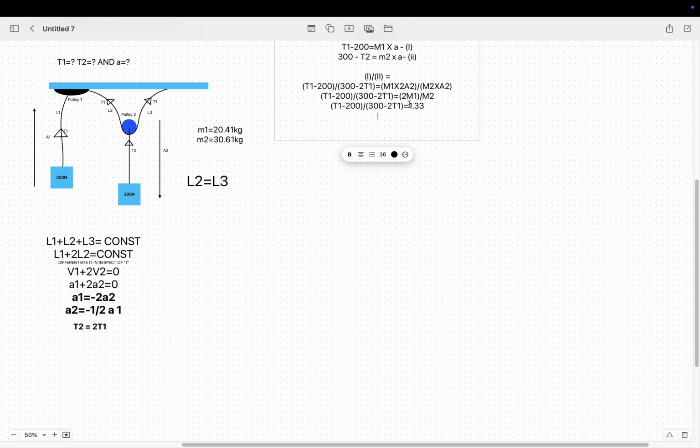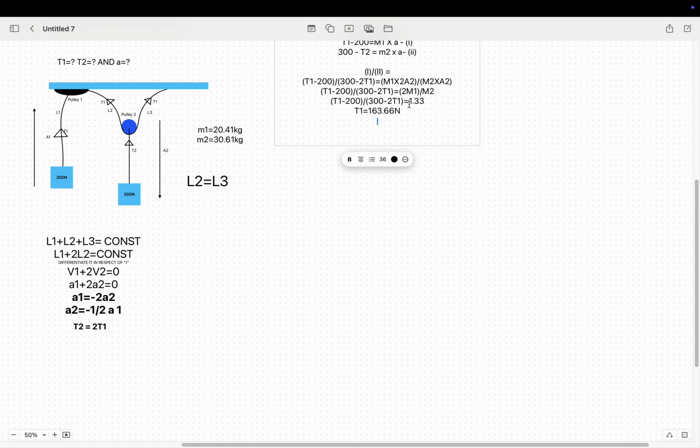Then there's only one variable, which is T1, so it's easy to get the derivation. So if we calculate the T1, it's basically 163.66 Newton,